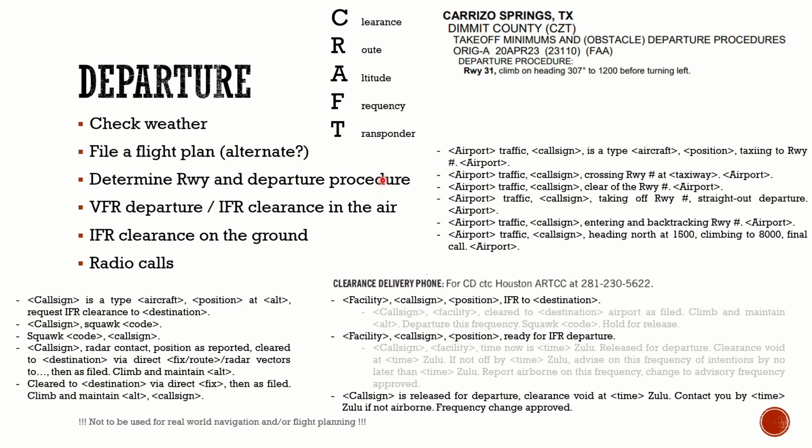And I listed several options. This section here is if you want to get the clearance in the air. You just report where you are, at what altitude you are, and that you are requesting IFR clearance. They will first assign you a squawk code. When you have it, they will establish radar contact with you, tell you that either position is reported, or they will amend that, and then they will give you your IFR clearance. You need to repeat that. They will tell you read back correct, and from there on